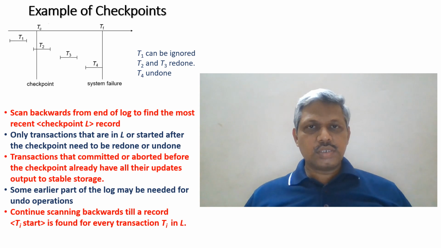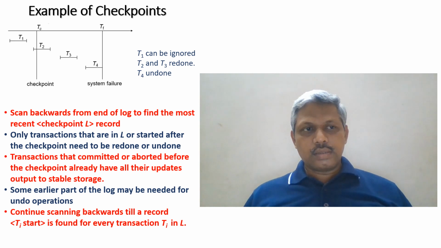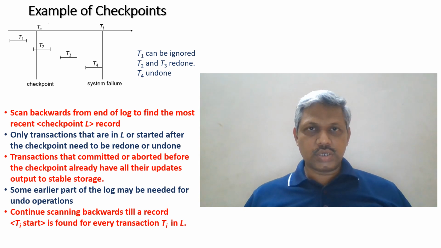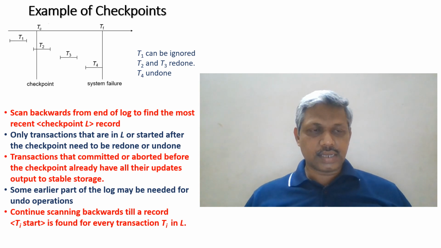Now let us see how this checkpointing is useful in the crash recovery process. Consider an example where checkpointing is done at one instance of time, and after that, during the process, there is a system failure. In the example, 4 transactions are involved. T1 has been completed even before the checkpointing is done, so that is perfect with respect to the database. T2, T3, T4 are the transactions which are active at the time of crash, so we need to concentrate only on those 3 transactions.